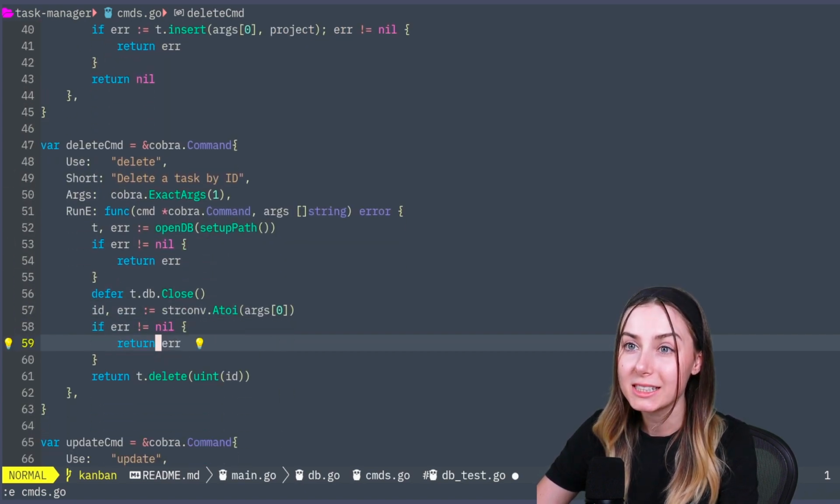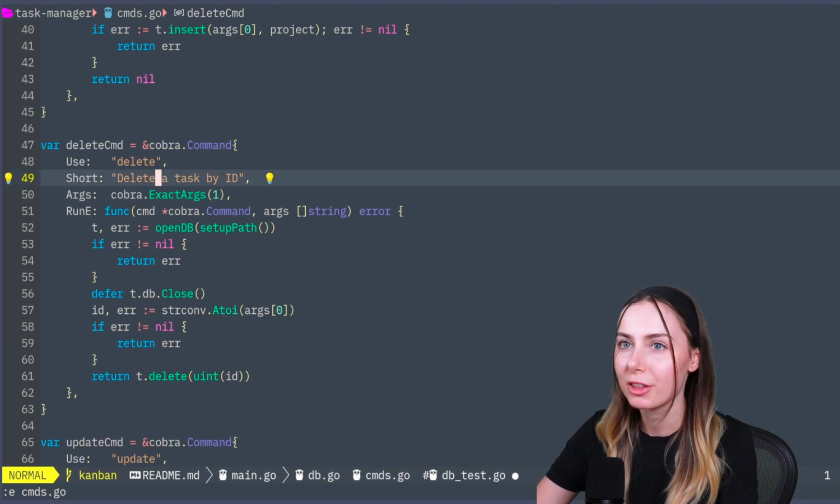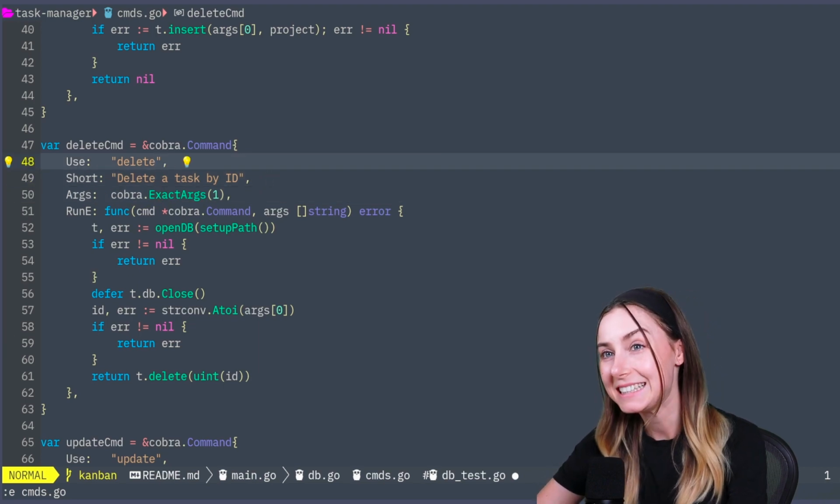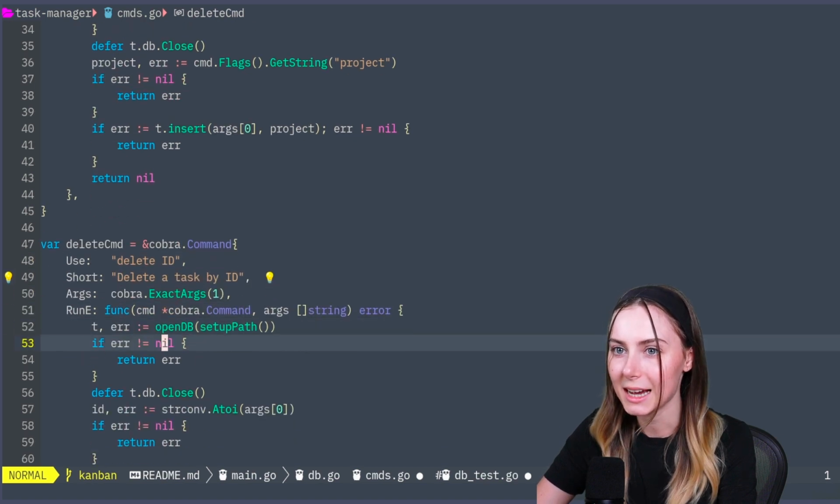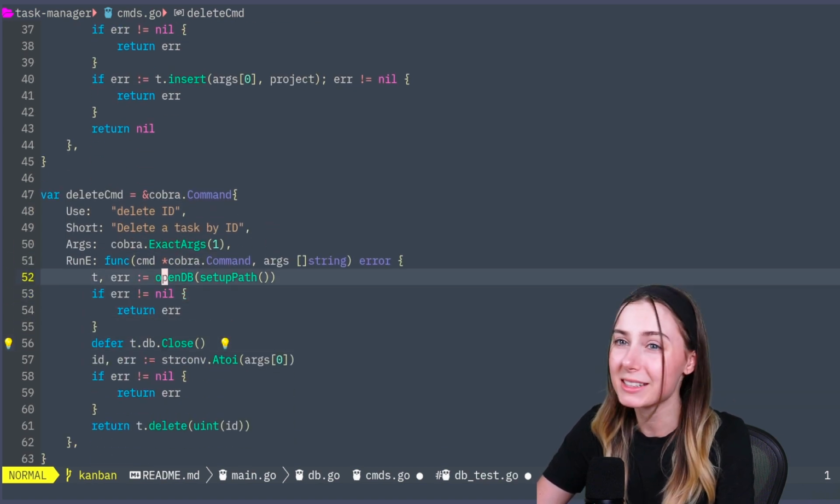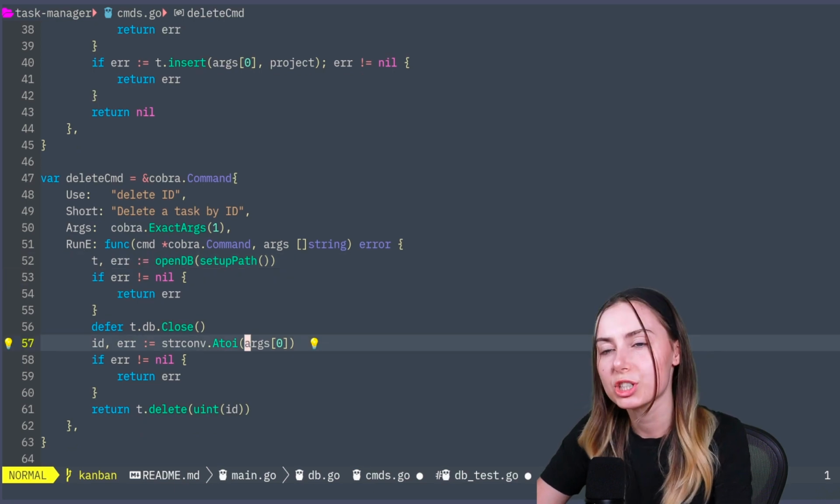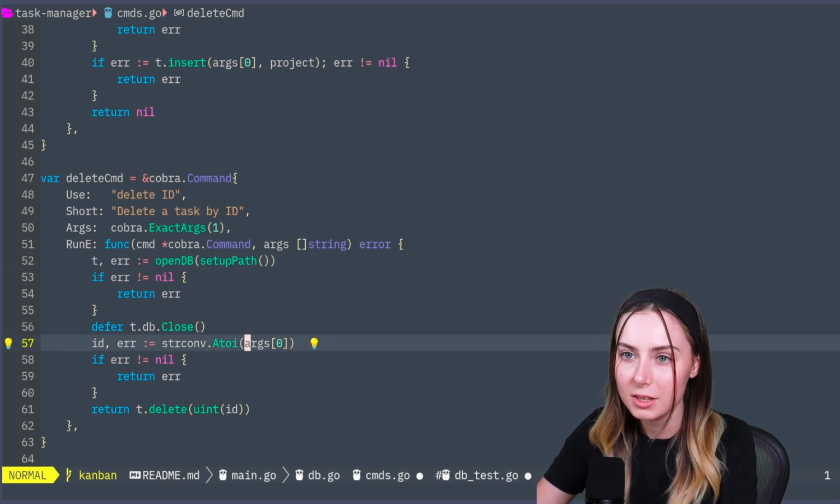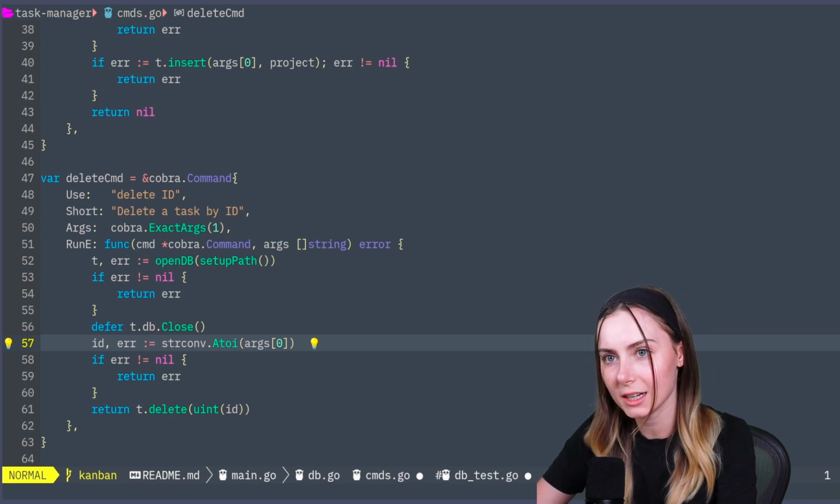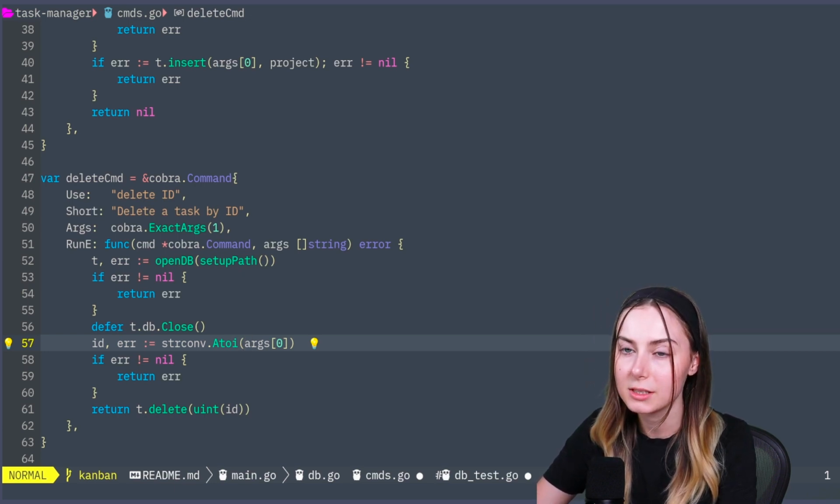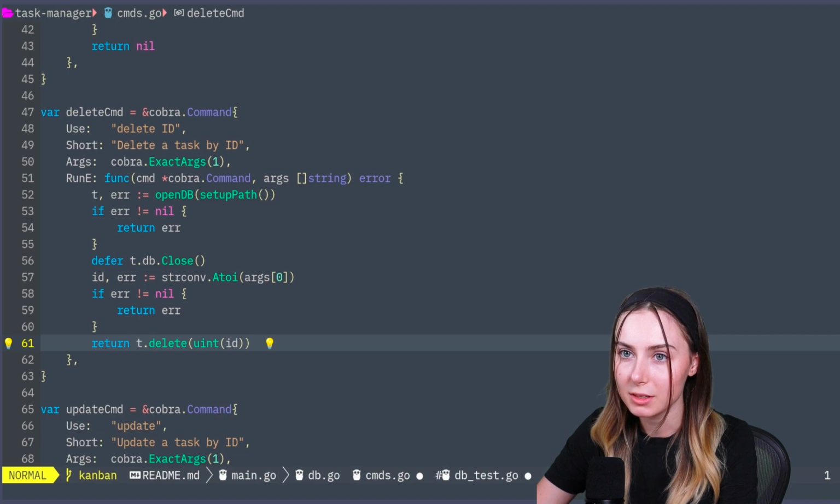And then we've also got the delete command. So this one, similar thing, you kind of just give it an ID. I should also be letting them know that they need to add an ID there. And this is the same thing. We're basically just doing our DB setup. We're just grabbing the argument that gets given to the delete command, which is an integer. So we receive it as a string. We have to convert it to an integer, assign that to ID,